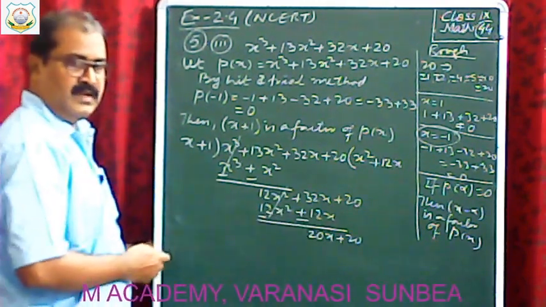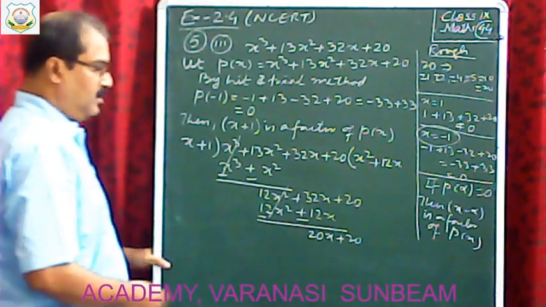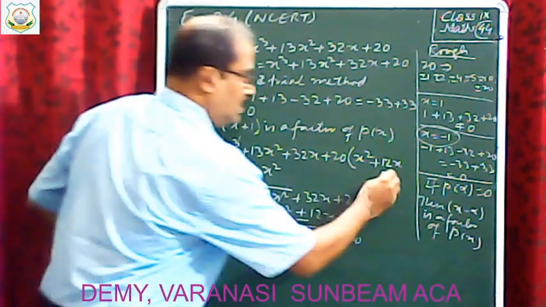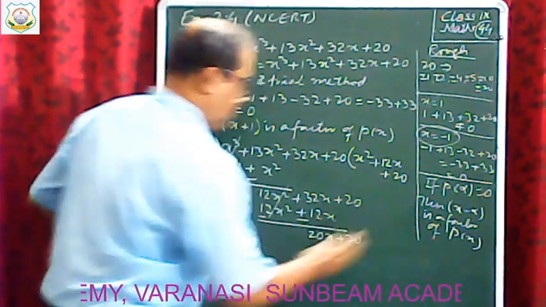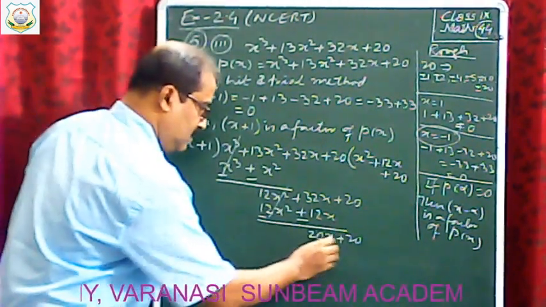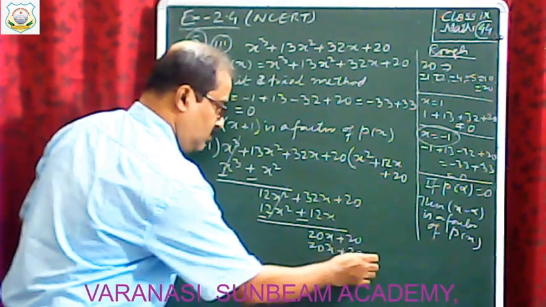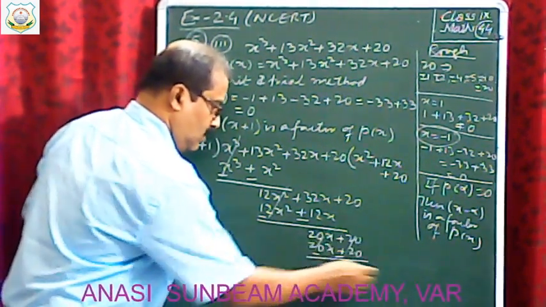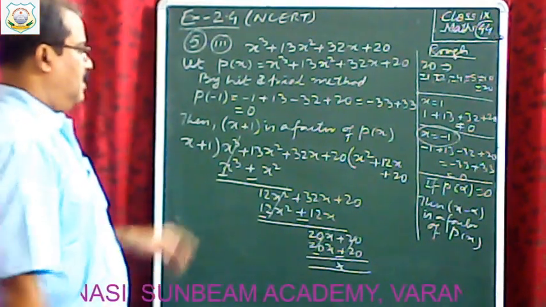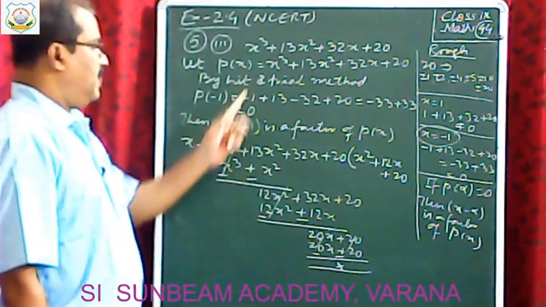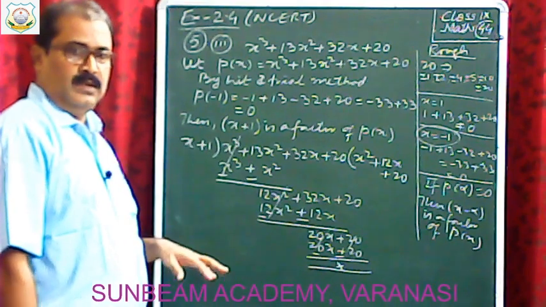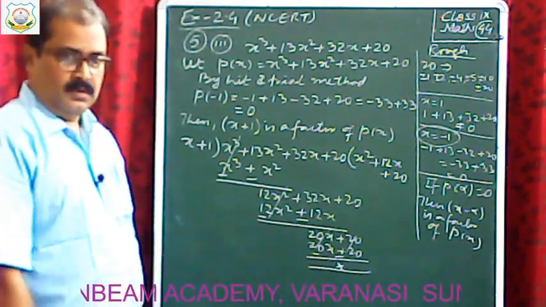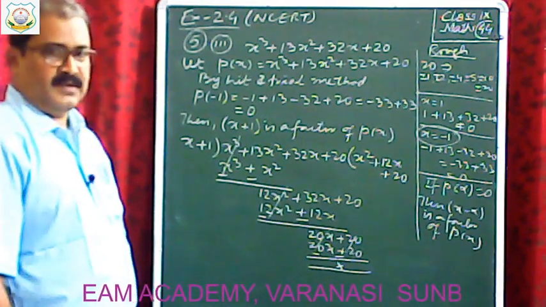Okay, now x plus 1 is there, we require 20x. First term is 20x in this stage. What we have to multiply with x plus 1 to get 20x? So plus 20. What we get? 20x plus 20 into 1, 20. Minus. Okay, so what we are doing, we divide the given polynomial by the factor of that same polynomial. So definitely remainder we get as 0. If not, then your calculation is wrong. Again you have to check.